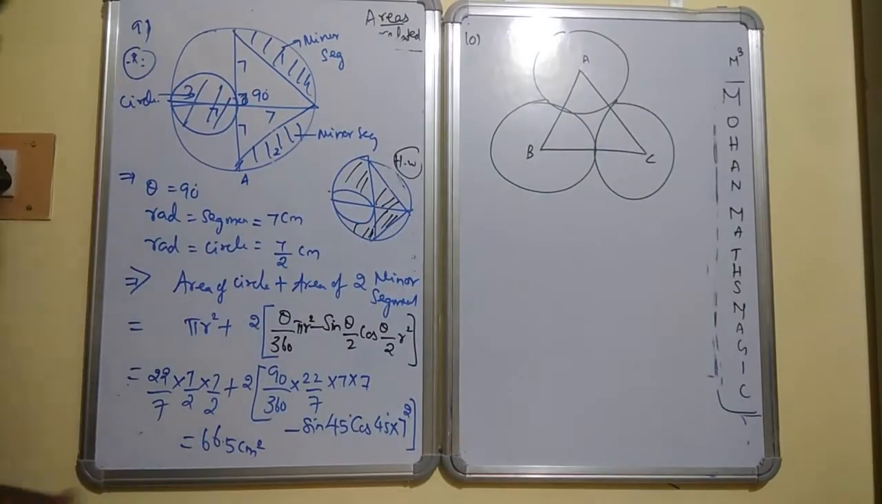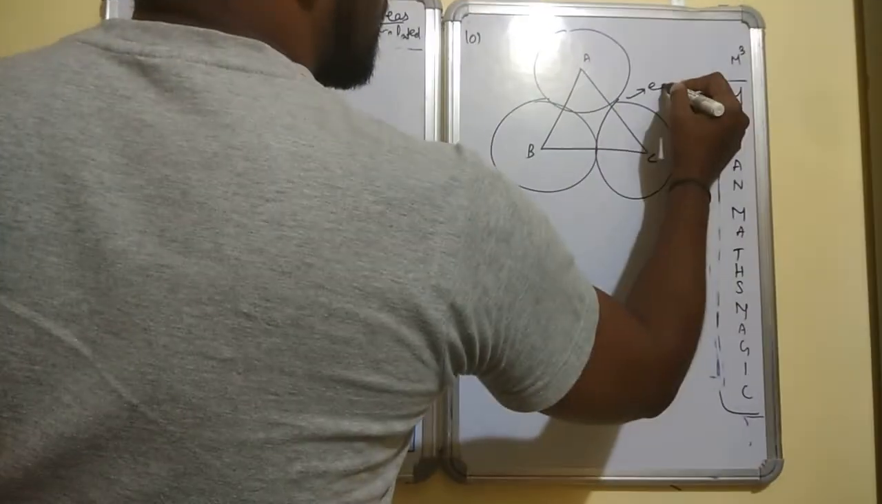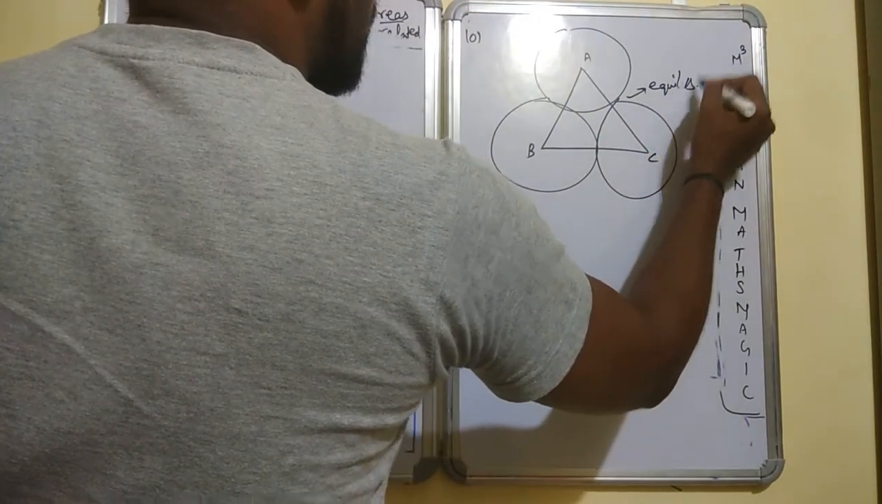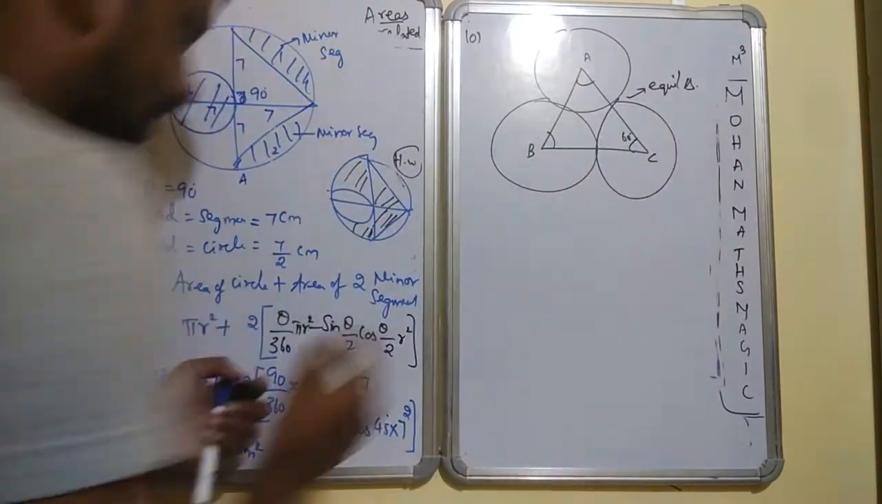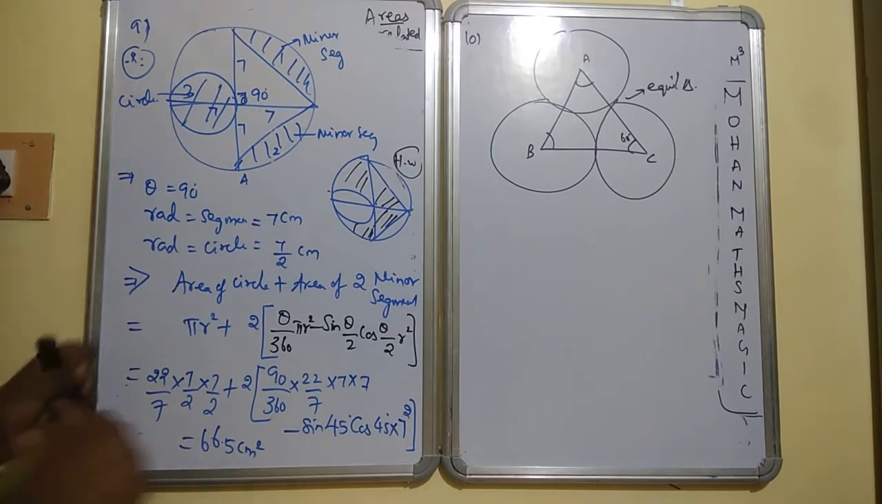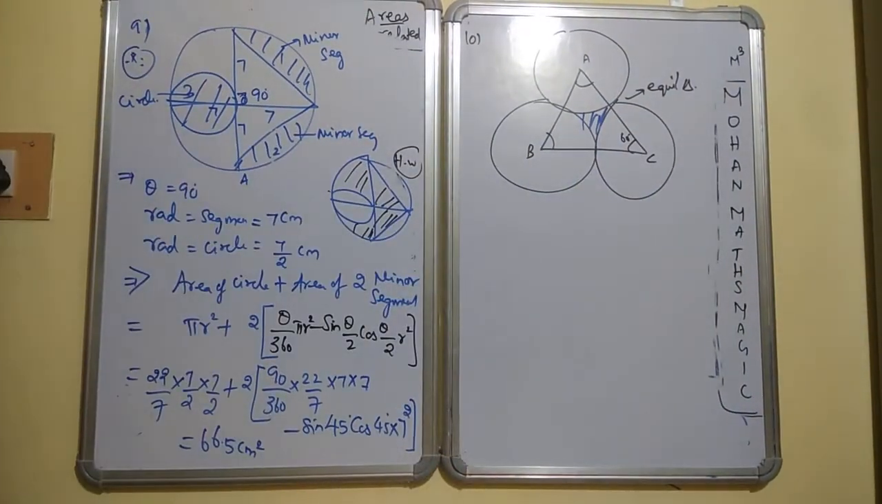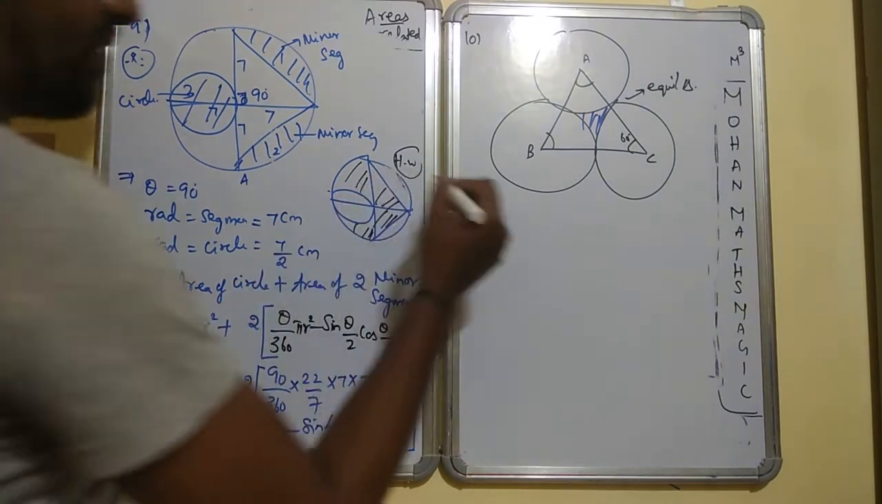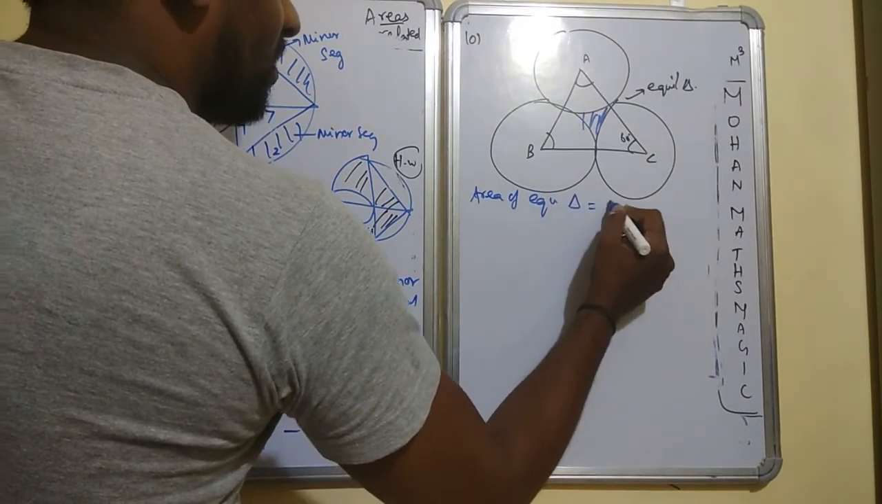So ABC, the area of an equilateral triangle. Given is that this triangle is an equilateral triangle, so automatically each angle will be 60 degree. What is the region they are asking us to find out? They are asking us to find out this region. Okay. What is given? Area of the equilateral triangle is